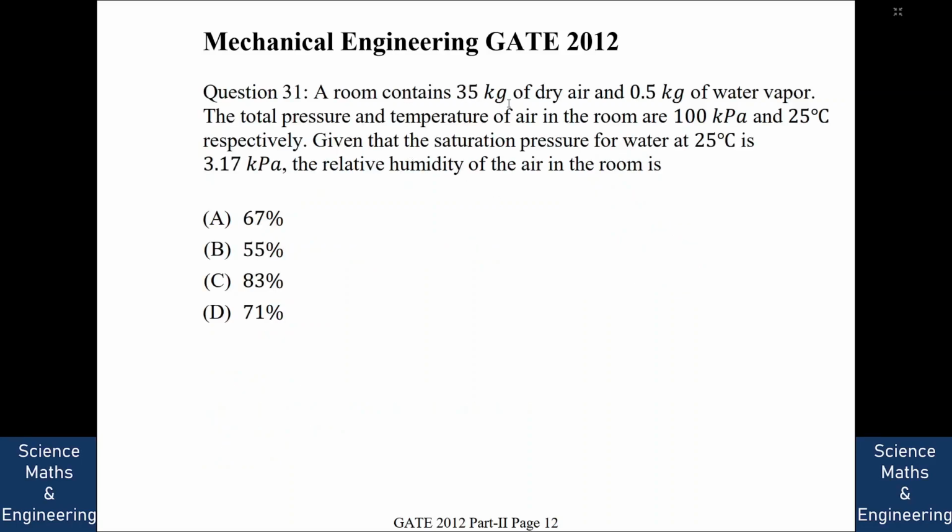A room contains 35 kg of dry air and 0.5 kg of water vapor. The total pressure and temperature of air in the room are 100 kilopascal and 25 degrees centigrade respectively. Given that the saturation pressure for water at 25 degrees centigrade is 3.17 kilopascal, the relative humidity of the air in the room is, so you need to find out the relative humidity. Okay, so the answer is,